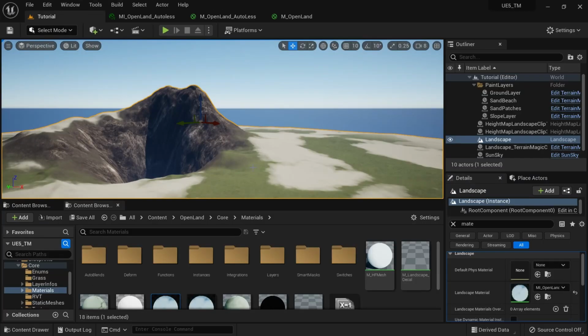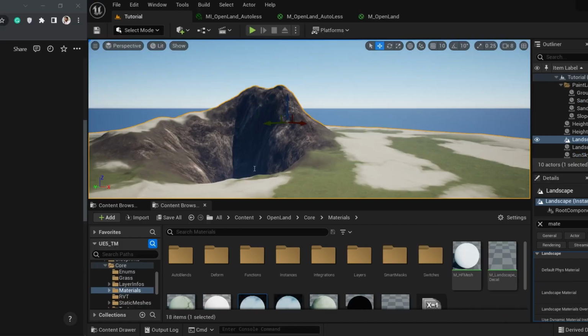of each paint layer, and the paint layer is done inside the editor using a plugin called Terrain Magic. And there are some ways you can do this even with the Landmass plugin. So I'm going to talk more about this Autoless material, and why I think it will be useful. I'm not saying it's the only way that you can do it. Of course, OpenLand still comes with the auto material by default. You can use that. But there are some interesting uses of this material, and I'll talk about that in this